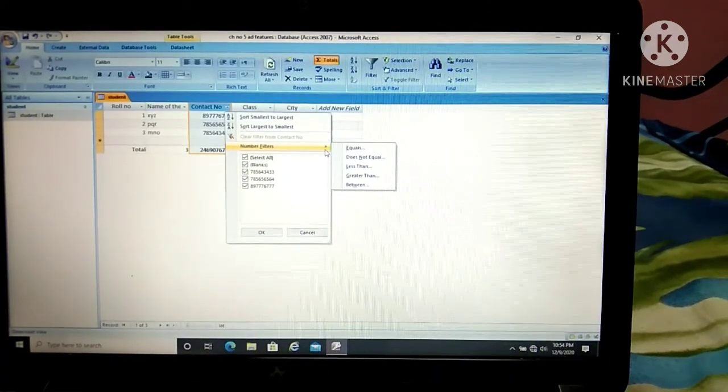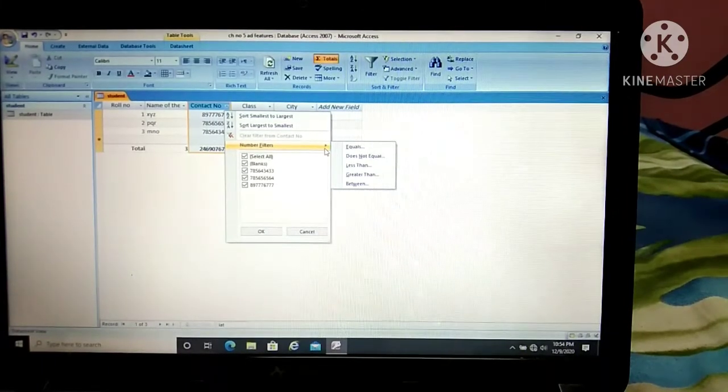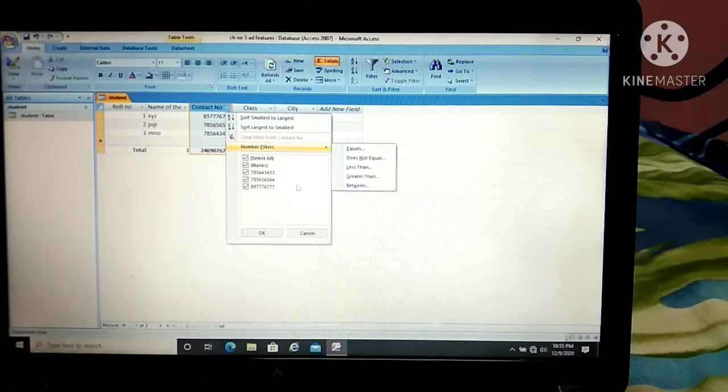Here you have some conditions like equals. If that condition is satisfied, then you can view that data. Did you get that? For example, see that equals is there, does not equal, less than, greater than, or between. Here we don't have a column like marks or percentage. Suppose we have a percentage column here, and I want to see the records of the students who got marks or percentage from 60 to 80. So what I will do, I will just click on between